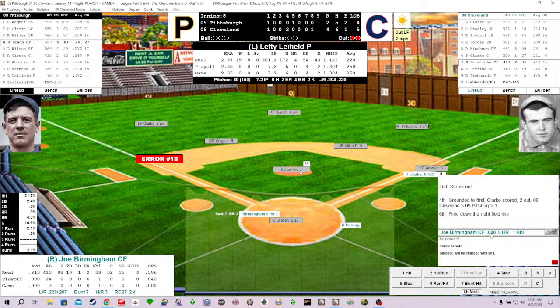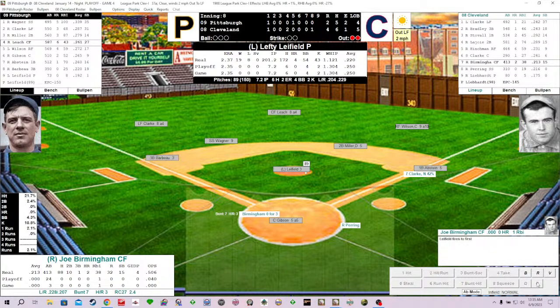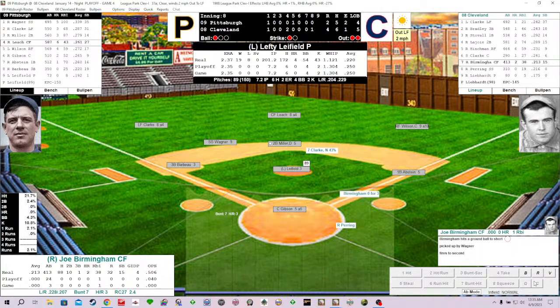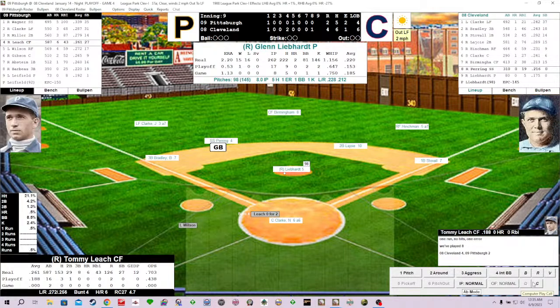Center fielder Joe Birmingham would like to leave today with a hit. Leifield throws over. Jay Clark back. Leifield brings it again. Here's the 1-1. Birmingham slaps this one to Wagner at short, who will go to Miller covering. Side retired, but a huge run. No hits, 1 error. We go to the top of the 9th. Last chance for the 1909 Pittsburgh Pirates to draw even in this series. It is 4-2 in favor of Cleveland. Leading it off here, Tommy Leach.